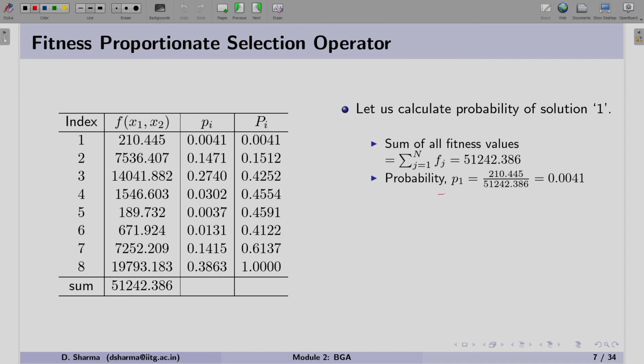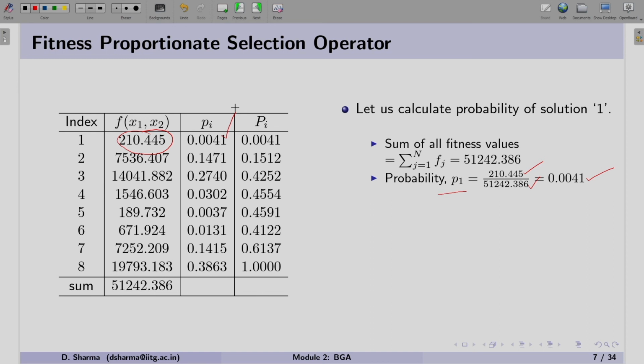Now the probability of solution 1: the numerator is the fitness of solution 1, and the denominator is the summation. When you divide it, you will get the probability as 0.0041, which you can see in the third column of the table.